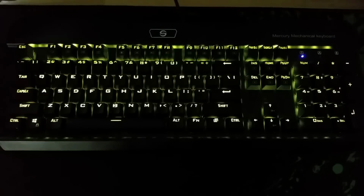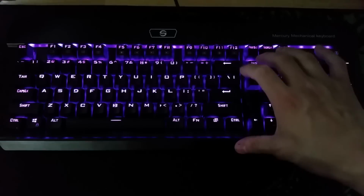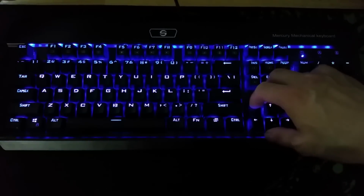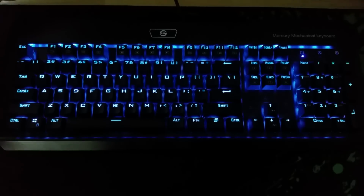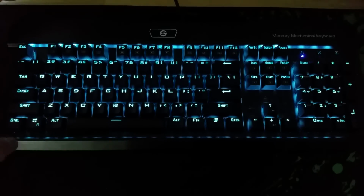The first time you plug in the keyboard, this is the effect that plays. Pretty cool. Okay, so let's cycle through all of the lighting effects. The keyboard does have onboard memory, so it remembers the last effect you had on the keyboard before you turned it off. Oh, I should probably mention the keyboard has N key rollover, it has media keys, no macro capability yet,